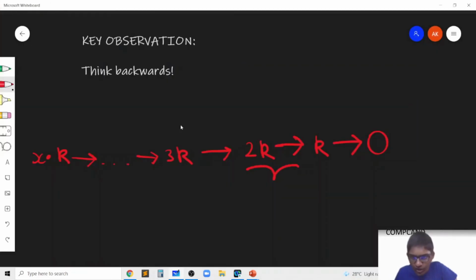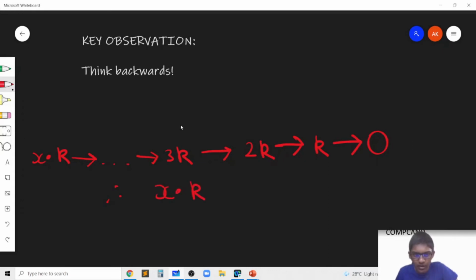And before that, we had a length of 2k because 2k minus k will give us k. And before that, we had a candy of length 3k because 3k minus k will give us 2k. And so on. Each time we kept reducing the length by k. And that's why we always need to come in this manner. We always need to come from a number xk to x minus 1 into k, and then x minus 2 into k all the way up till 3k, 2k, k and 0. So therefore, we can conclude that